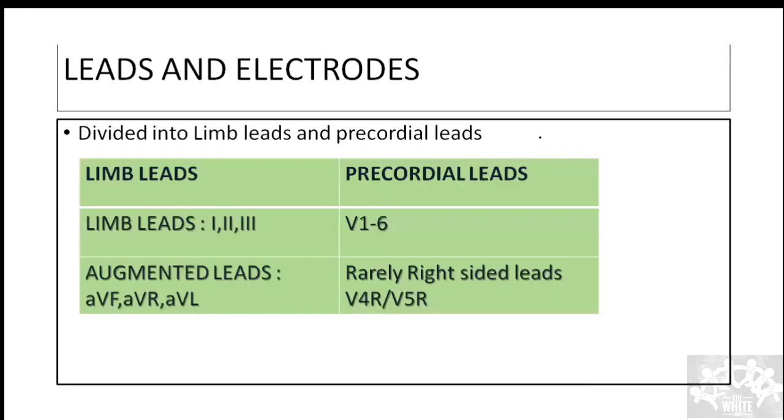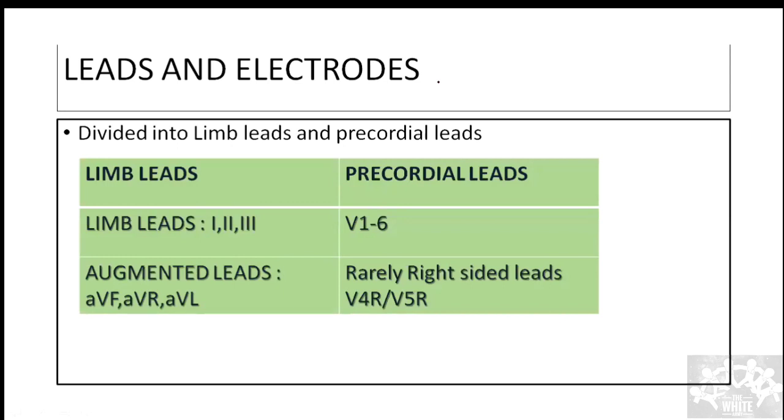That's all. Okay. So coming to the leads and electrodes, this is the most important part. If there are few take-home messages, this is where I want you guys to concentrate carefully. Because if you understand this, the orientation of the heart will be clear. Why is a particular Q wave seen only in the lateral leads? Why is the R wave seen more in the lateral leads? So all that you will get to know.